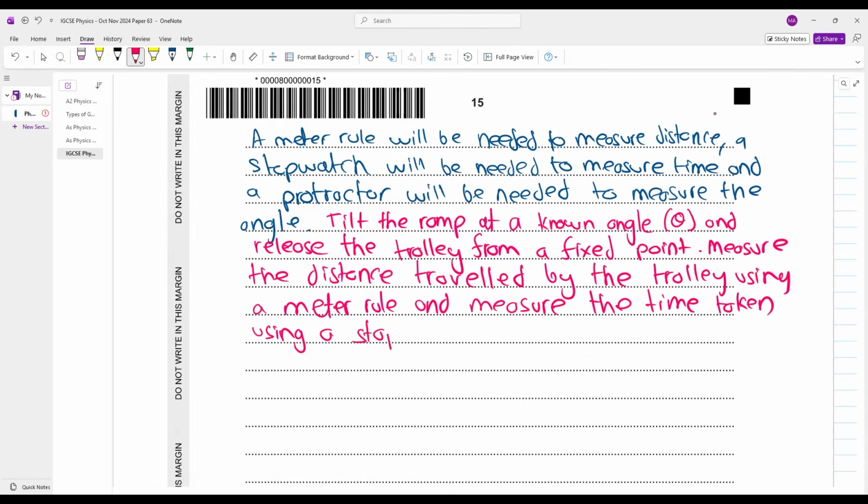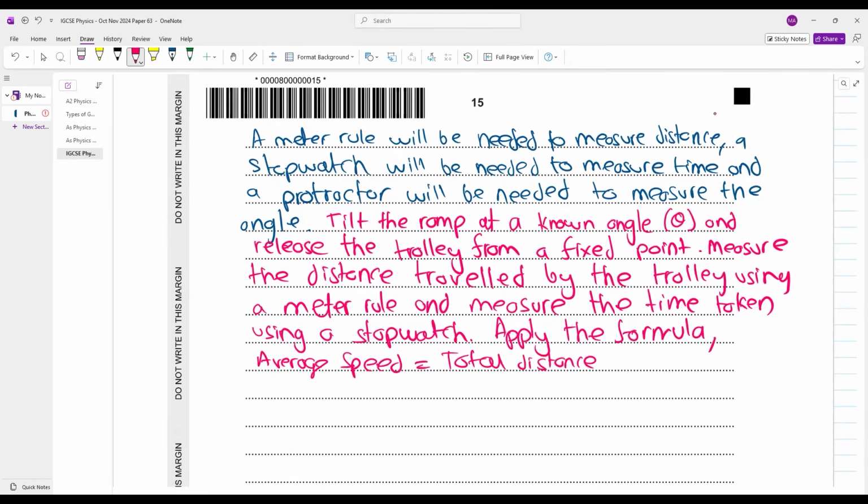अच्छा, उसके बाद आप क्या बताओगे? हाँ जी, what will you say? Apply the formula: average speed is equal to total distance upon total time to calculate the speed, yeah, the average speed।